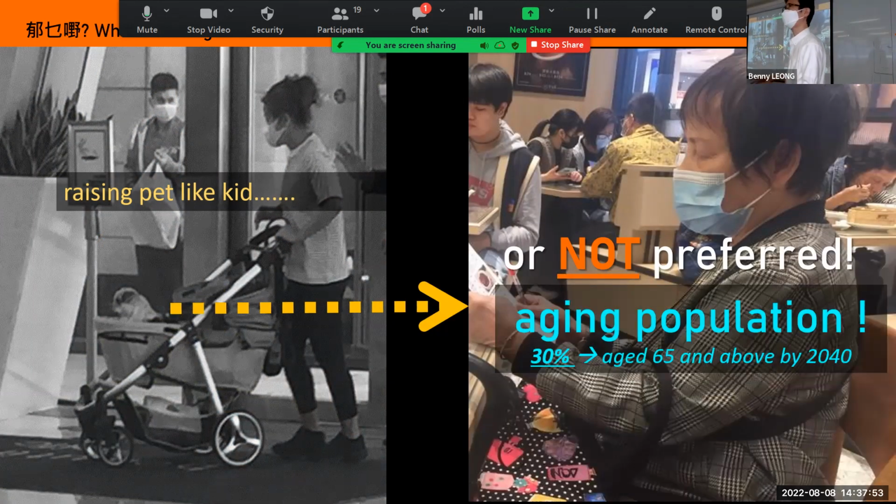Now, if this situation goes on, there is a statistical prediction saying that by 2040, people over 65 will occupy roughly 30% of the population in Hong Kong, which is quite horrible actually.